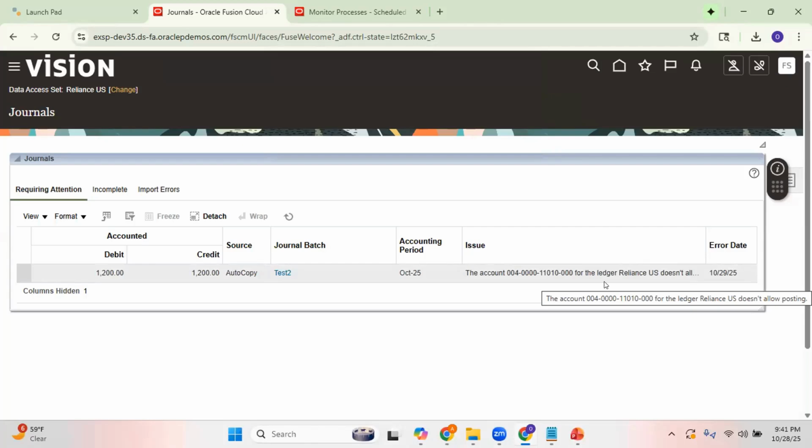But now the strange part is we are not able to find out why your Autopost program is not able to pick up this particular journal. So we did a lot of research on this, and at last we found the root cause as to why the system is not able to pick up this particular journal entry. So the root cause was